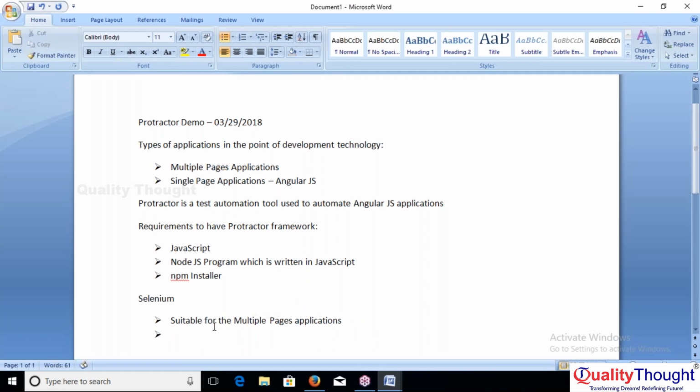It is not suitable for single page applications. It has a very rich automation process,